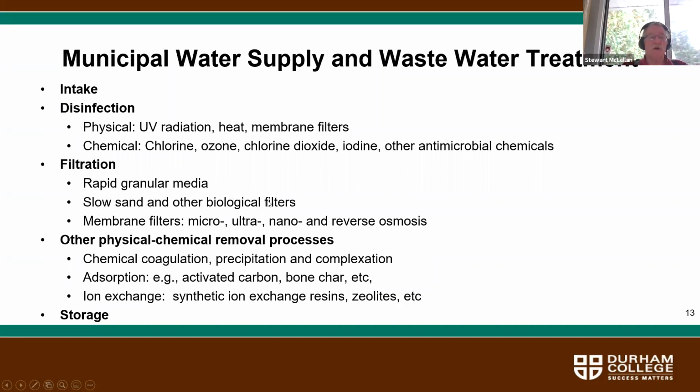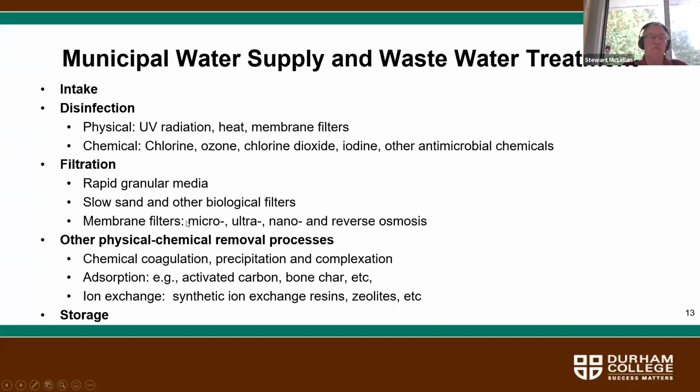Slow sand and other biological filters: sand filters are significantly finer material than granular media, so they're usually referred to as sand trickling filters, where the water is distributed on the surface of the sand filter, and as it percolates through the sand material, the solids are removed, and then